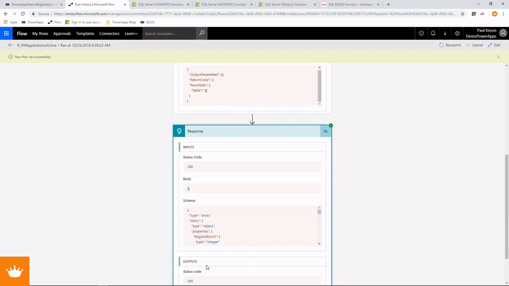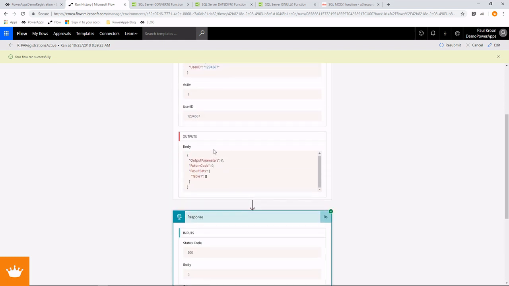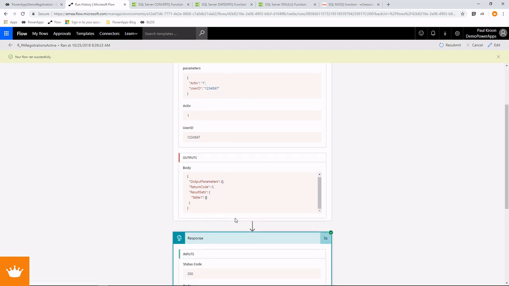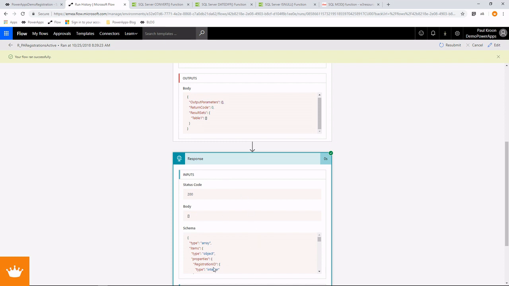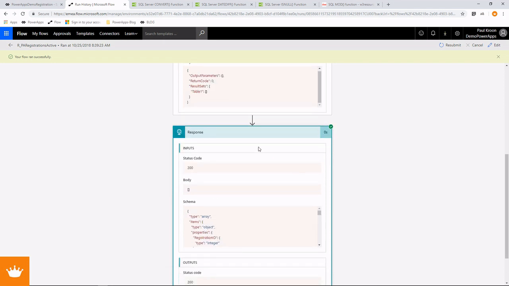There's no table, and there is an empty response. Okay, this is nice. It used to be, till about a month ago, that when you would do PowerApps execute stored procedure and you respond to PowerApps and you had an empty table, so no records, this part would break basically. And then what we did, and I had the help from Mr. Dank from the PowerApps team,